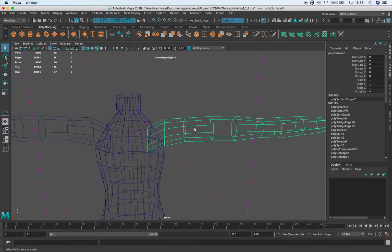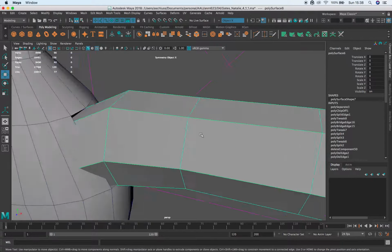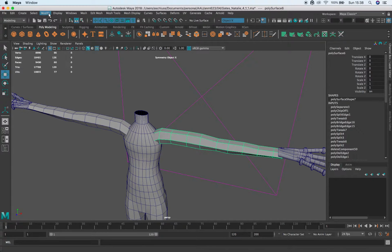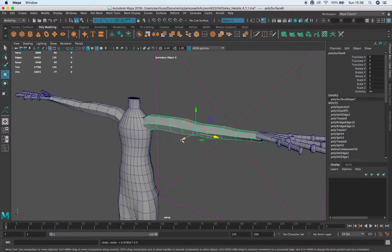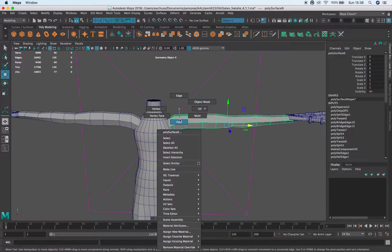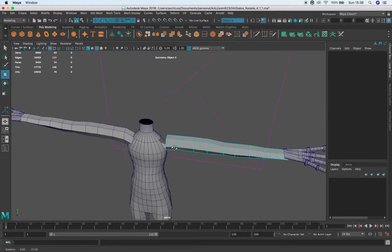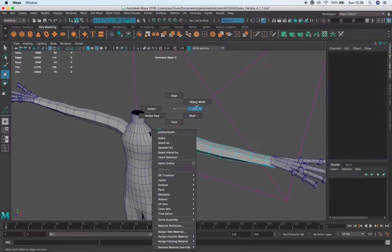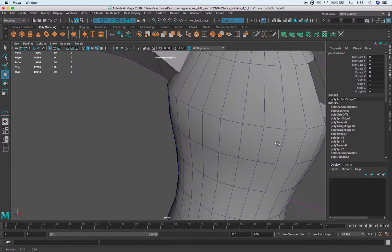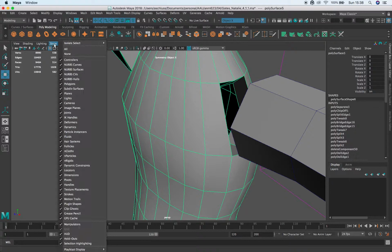Now let's get some space in there. I'm going to center the pivot. Kind of, yeah, I mean, why that could say that's all one surface, I don't know. I'm going to go ahead and delete these guys off. Okay, and so this is all right in the video, how to do this armhole thing. I think you really need to just watch that again, but I'll go ahead and